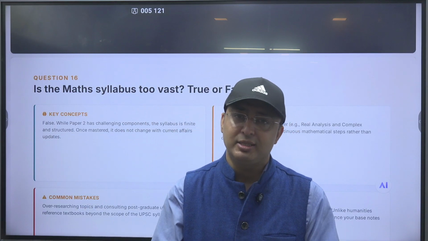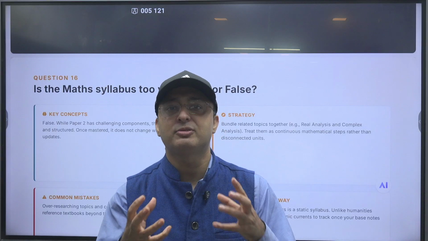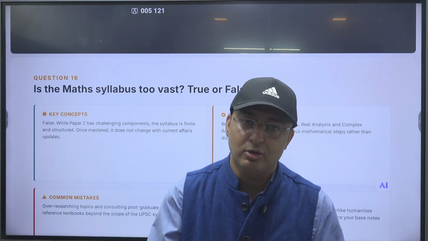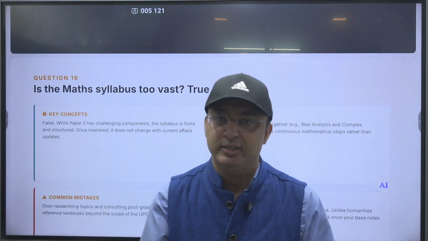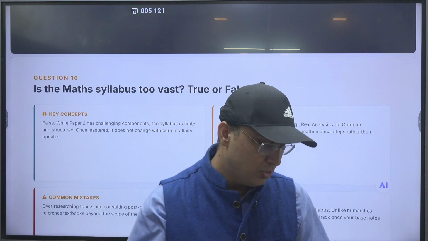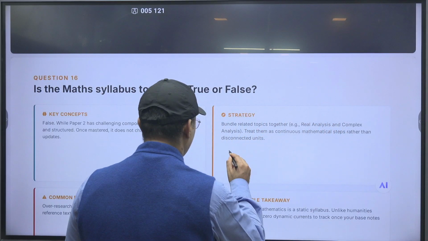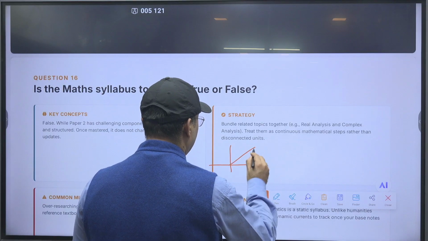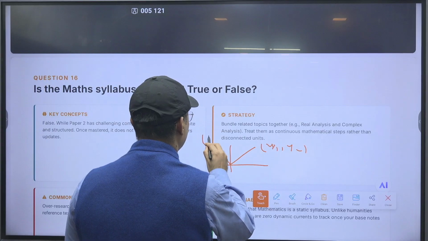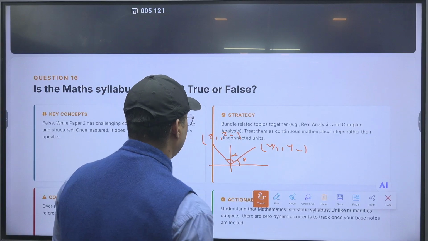So it is a myth that the syllabus is huge, humongous. If you try to see it from various lenses, then you will be able to understand what I am speaking about. If I talk of, say, rotation in two dimensions, I can see it through the prism of linear algebra. I can also see it through geometry, that I am basically rotating y1, y2 to say z1, z2. So this is theta and this is alpha.